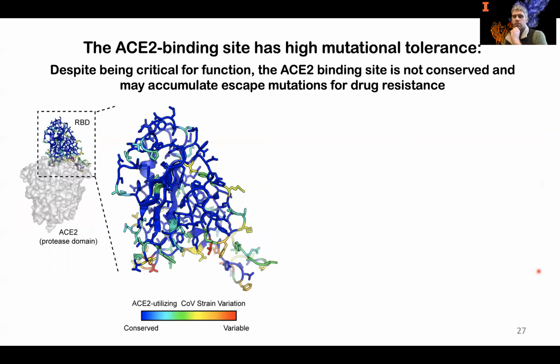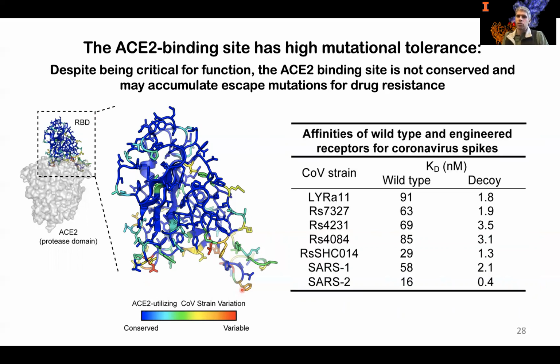The SARS coronavirus, of course, is not static. It can mutate itself and change and adapt. If you look at the sequence variability that is observed amongst coronavirus strains that all use human ACE2, at least in tissue culture, found in nature, then what you find is that the ACE2 binding surface right here of the receptor binding domain is actually, even though it's functionally conserved, permissive to sequence variability. And this raised the question, well, can our decoy receptor with 3 mutations in it still bind to all of these variable coronaviruses?